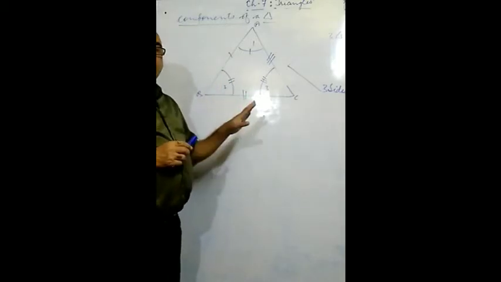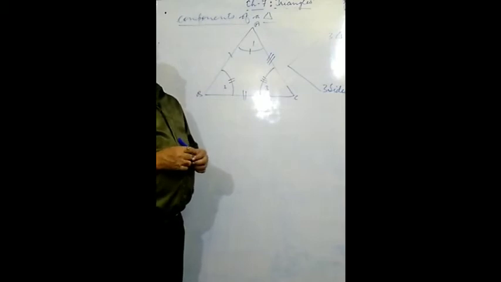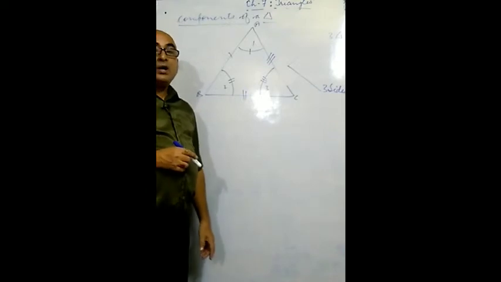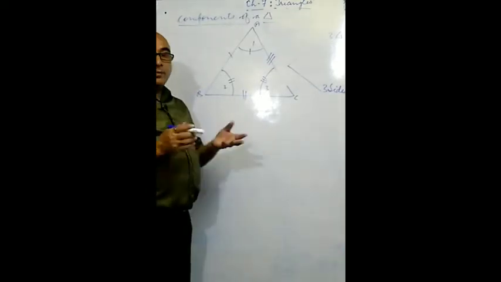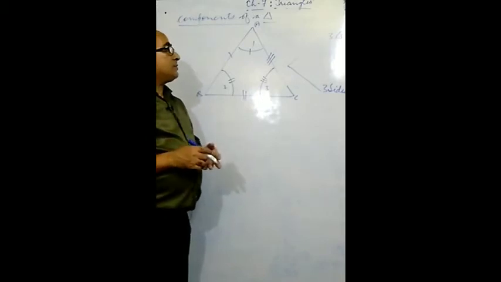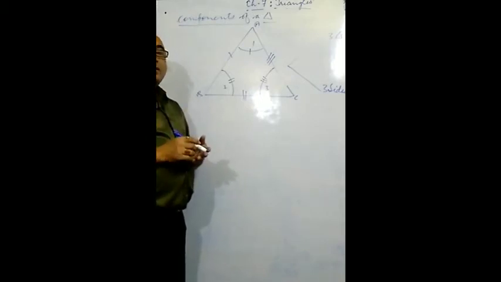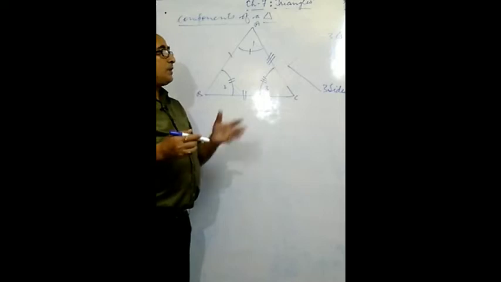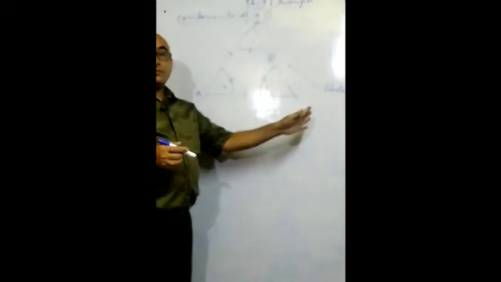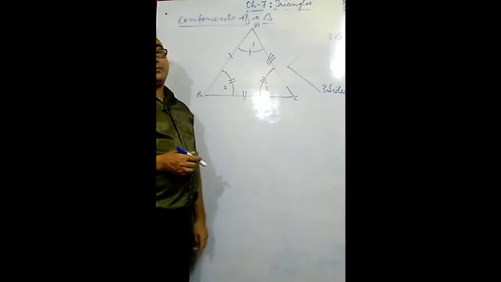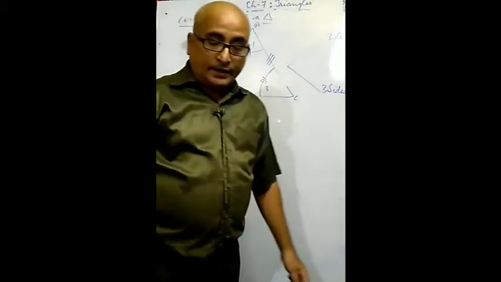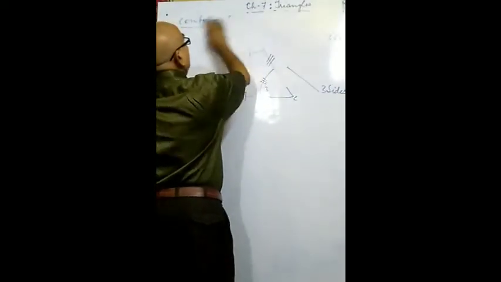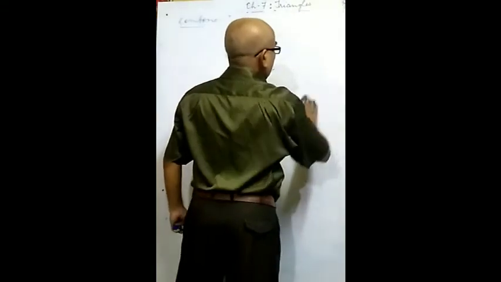On the basis of the combination of these components, we have to justify whether two triangles are congruent or not. It will be a combination of sides, or sides and angles: side angle side, or angle side angle. Either it will be only sides or a combination of sides and angles. But you have to be cautious regarding this one. Two conditions you have to consider, and you have to be cautious.